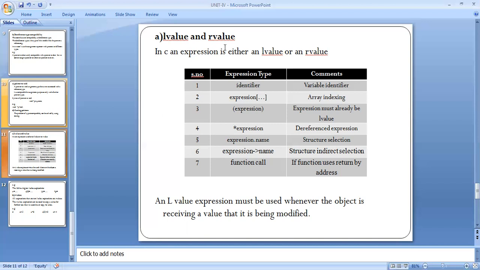Function call: if the function returns by address, an L value expression must be used whenever the object is receiving a value that is being modified.